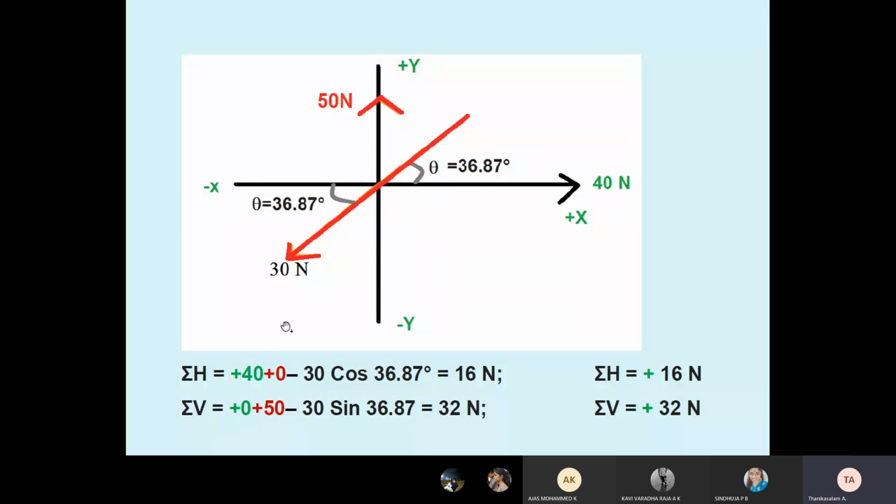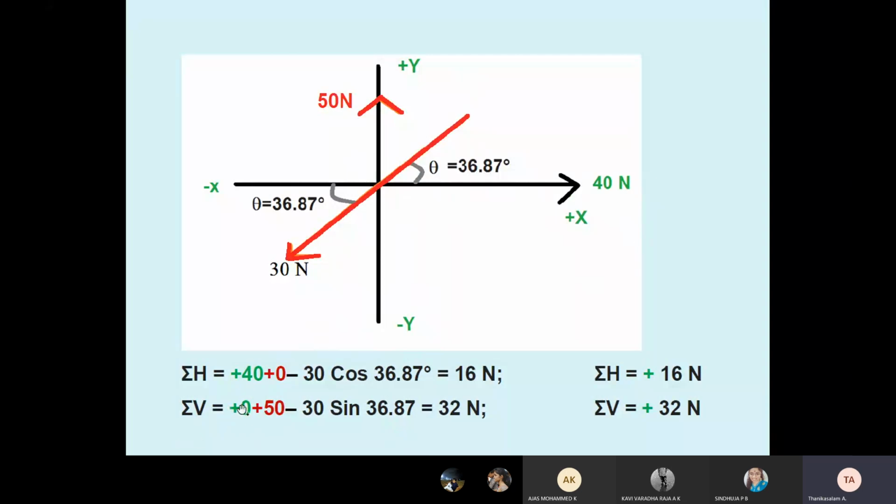Okay. Now I want the horizontal forces, so all horizontal forces. So the 40, now see the 40 Newton. 40 Newton acts horizontally on the positive x-axis, therefore plus 40. Understand? See the colors I have given: green color means the 40 Newton force, the red color means the 50 Newton, and the black color means the inclined force. See, the 40 Newton acts in the horizontal direction only, therefore plus 40. Vertical component 0. That's why you see summation of plus 0.